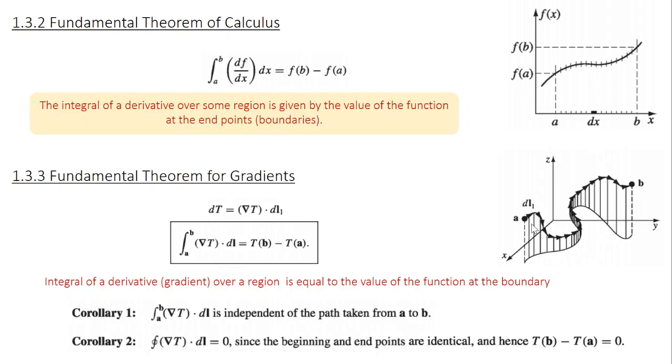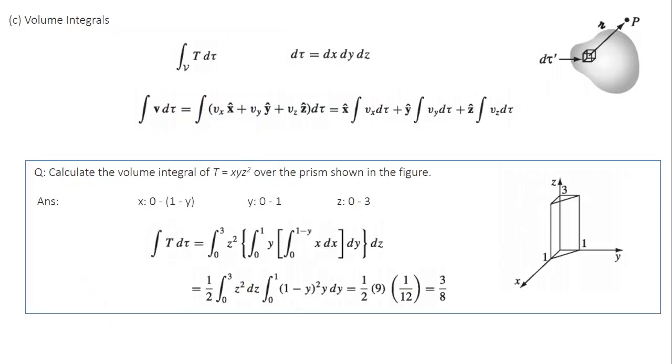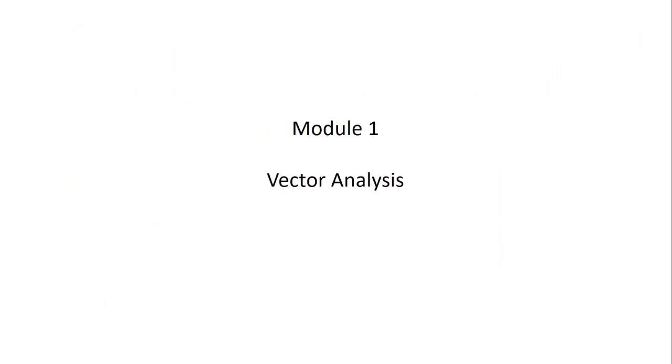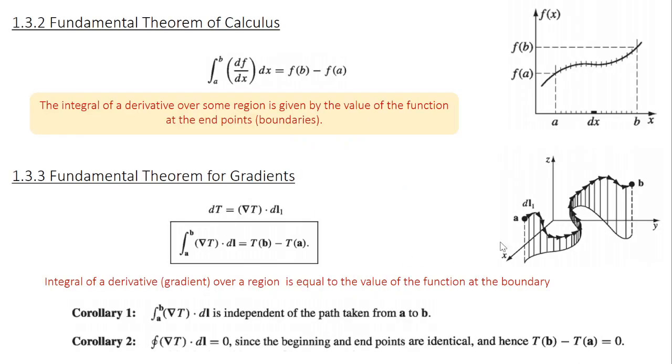Now you go to the second interval and repeat the procedure. Take the gradient of T at the starting point, calculate the displacement to the next point. The dot product of these two gives you the change in the function for the second interval. So you keep repeating this and find the sum of each of these changes. Now if you have a large number of terms in the summation, you can replace it with the integral.